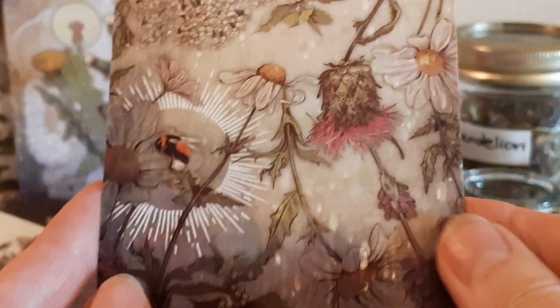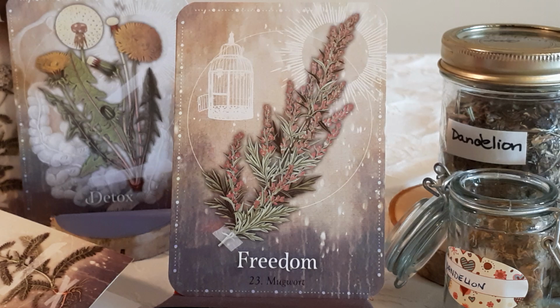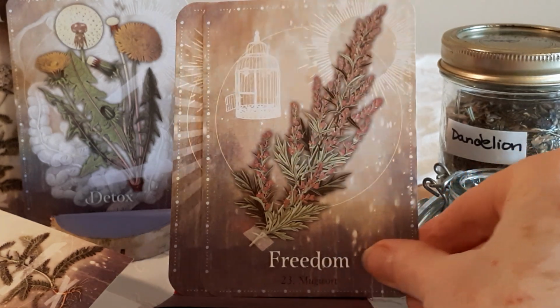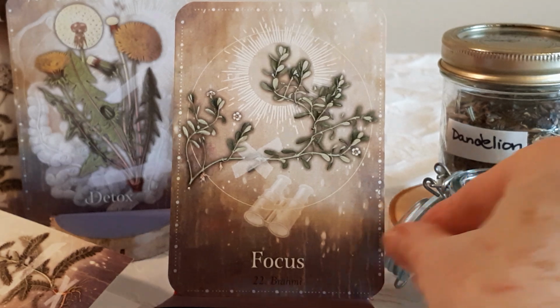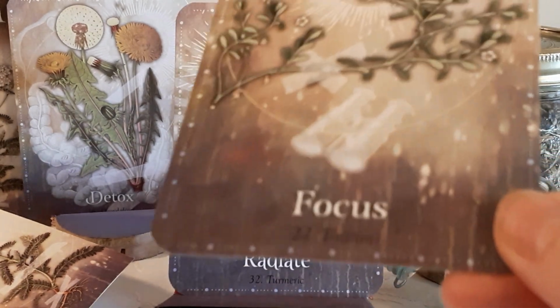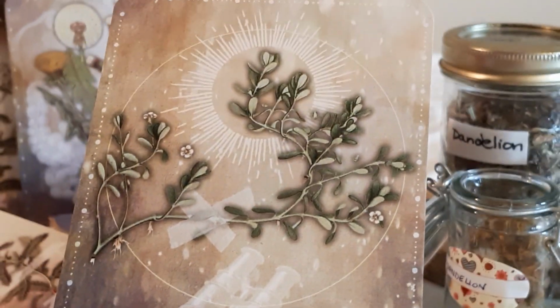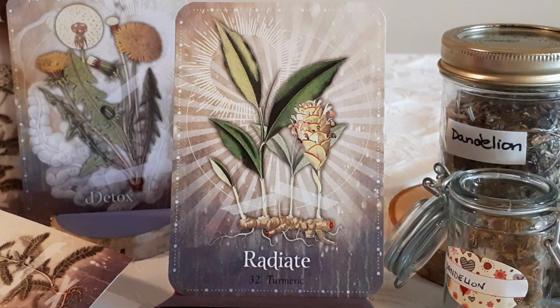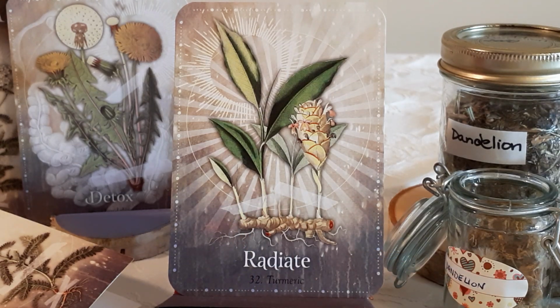It is a good quality cardstock. And you get 36 cards. Mugwort for freedom. Got a couple there. We'll put this one back. Now I have not used this herb either. This one is Brahmi for focus. I'm not crazy about the little bit of tape on things, but